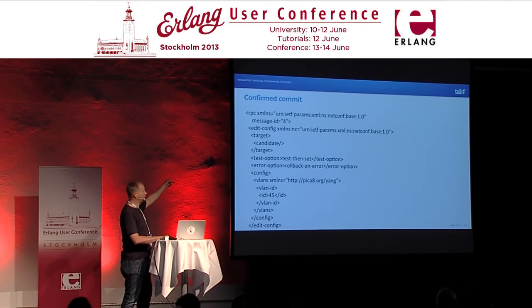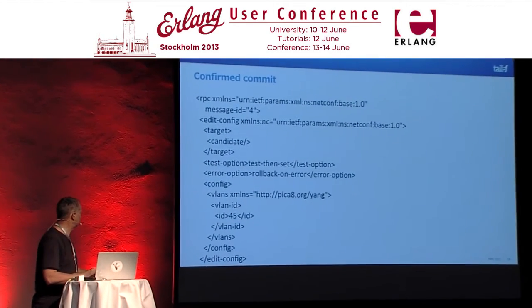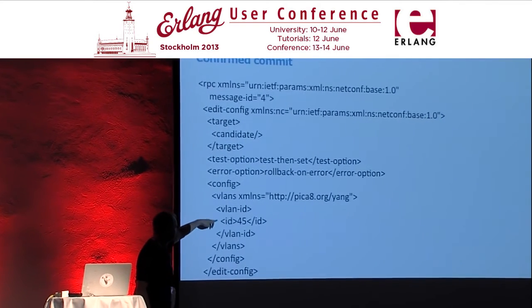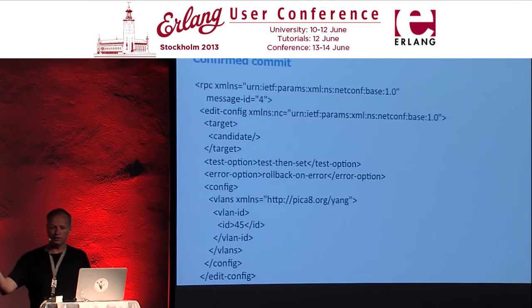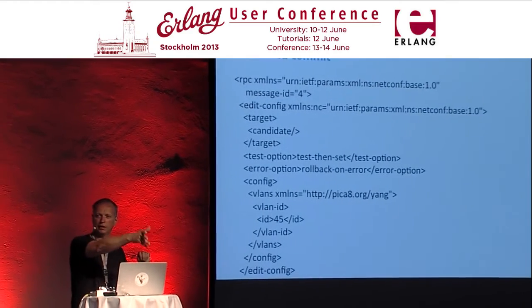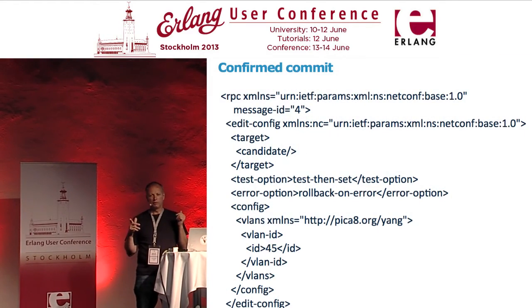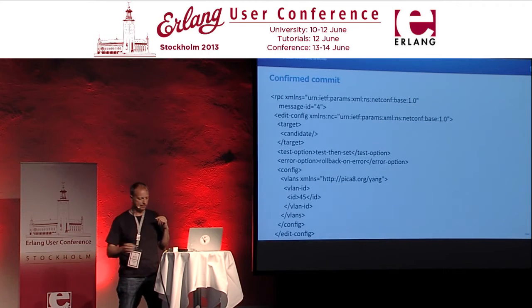Then we're sending an edit config RPC. And this contains the actual payload. This is what comes here. I want to create a VLAN here, blah, blah, blah. This is the payload. I send that to the candidate of the 3 devices. You got it, you got it, you got it. They're all happy with it. They reply all OK. So far, we've only modified like the shadow copy of the config on the device.